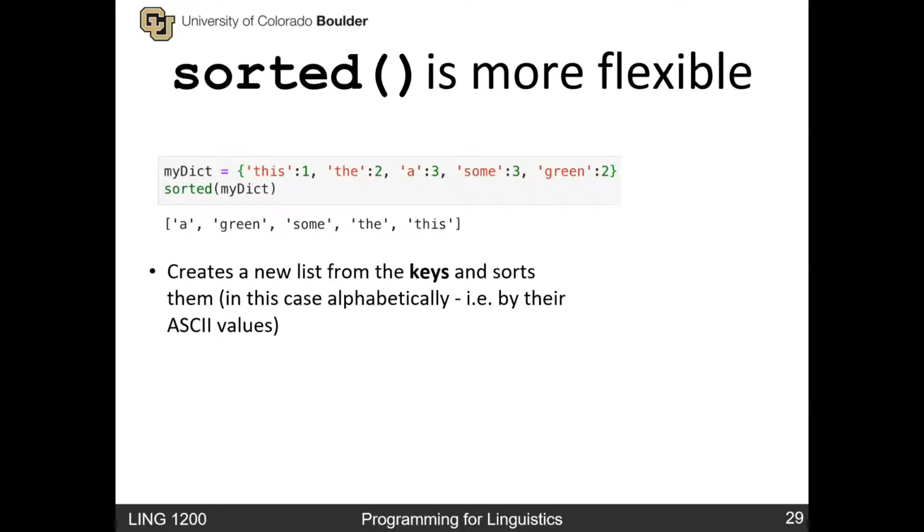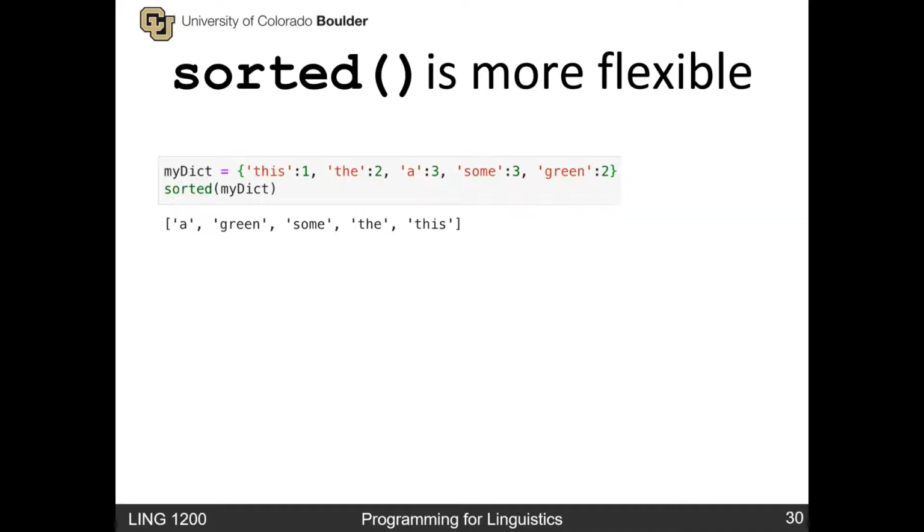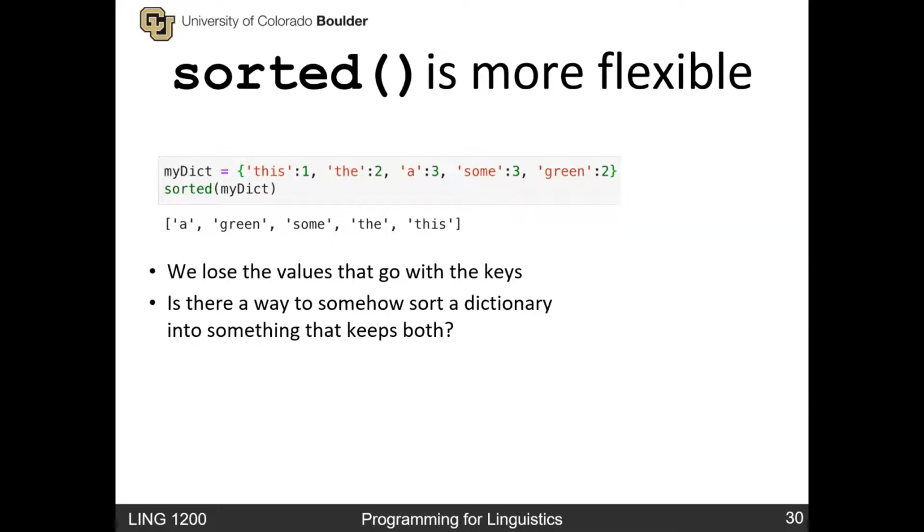So that's probably the one idiosyncrasy that you have to remember. If you call sorted on a dictionary, it's only going to sort the keys. And in fact, we're going to lose the values that go with the keys. So is there a way to somehow sort a dictionary into something that keeps both keys and values and has